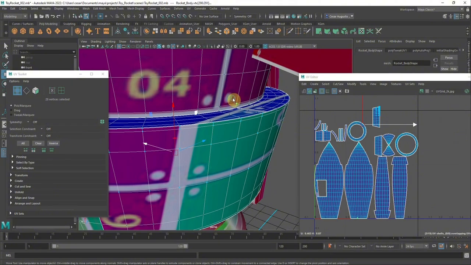That is to say, you can still select your UV shells and UVs here if you want to. It just depends on how you feel comfortable selecting these UVs. Sometimes I go back and forth depending on which method would be easier for me to select the desired UVs I want to select. Alright, so